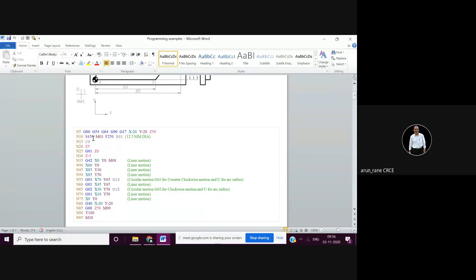Now Z00 N5 is of course for the block number. Then G00 is nothing but rapid movement. Then G54 is work offset. G90 is your absolute coordinate system.